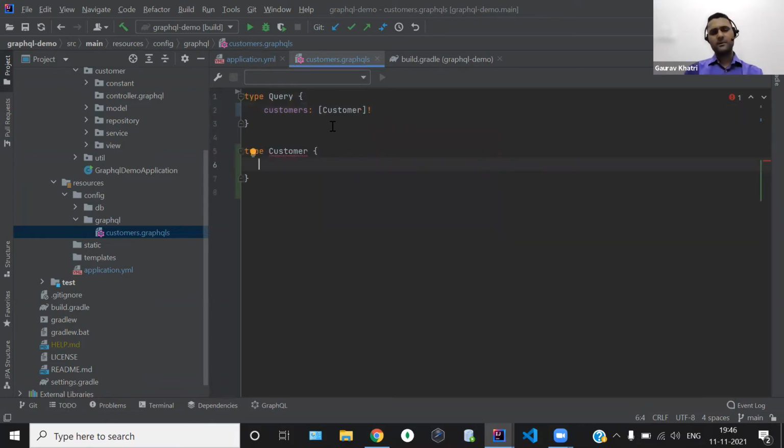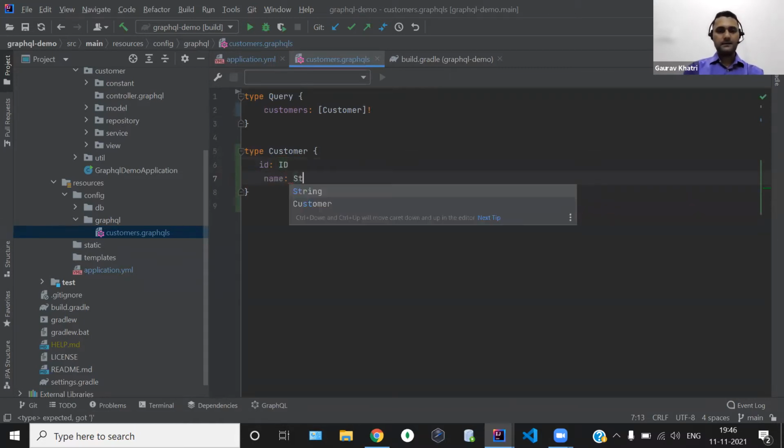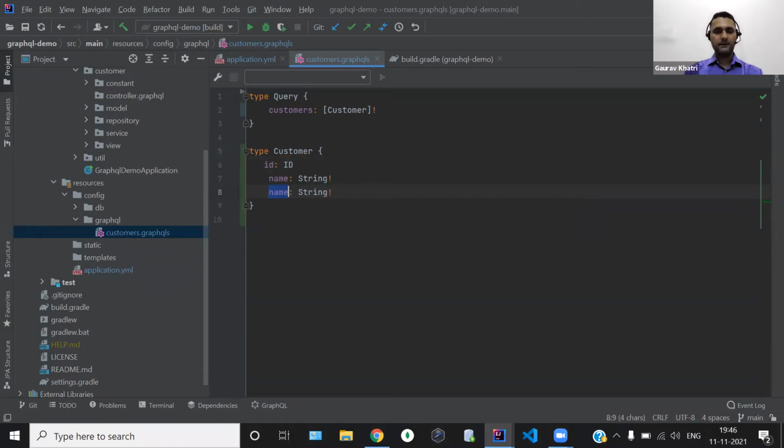So let's define the customer data type as type Customer. In this, I will have some properties, let's say id as ID. This ID is similar to the SQL database's primary key. And then I will have name with the data type of String, and I also want to make it non-nullable. Then I will have email, again as a String, and I also want to make it non-nullable. Then I will have orders. So a customer can have orders, so I will return the collection of Order, and I won't mark it as non-nullable because a customer can live with and without orders. Okay. Now let's define the Order data type.